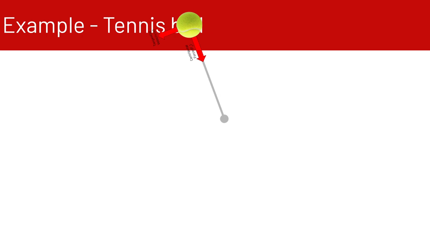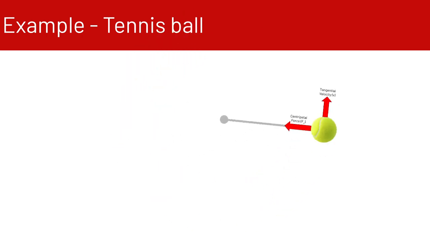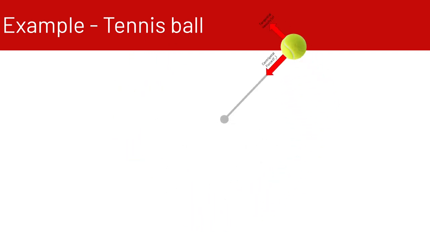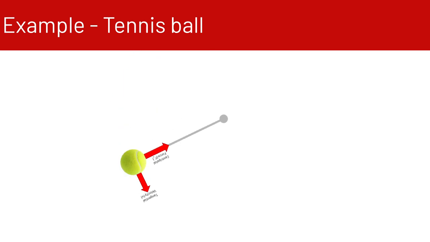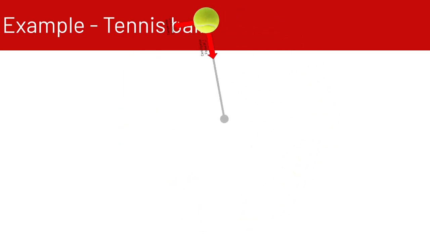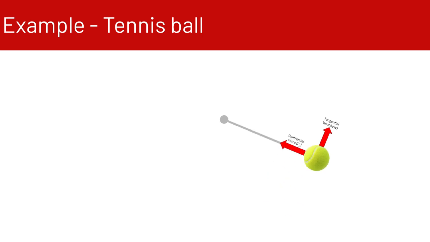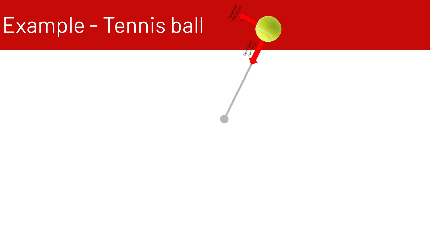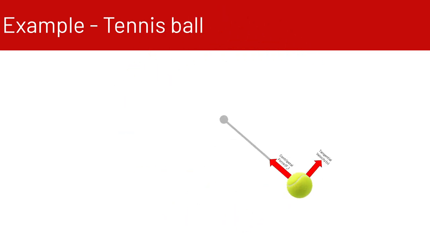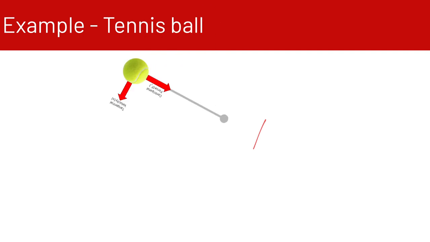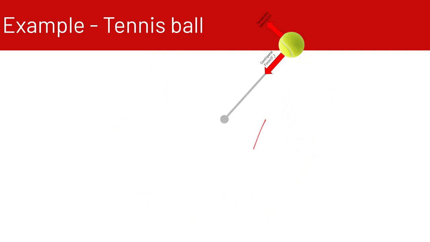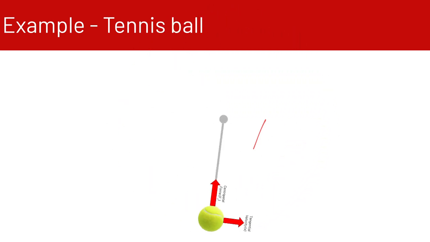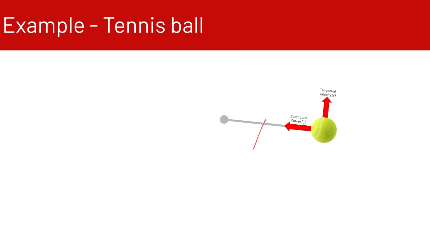Okay, let's use the tennis ball on a string as another example. The tennis ball is a good example because we can see it spinning around and around. The centripetal force is pointing inward towards the center. The tangential velocity of the tennis ball is perpendicular to the centripetal force. So if the string were cut at any moment, the tennis ball would fly off in the direction of its tangential velocity, as opposed to flying off opposite the direction of the centripetal force, which is what we would expect.